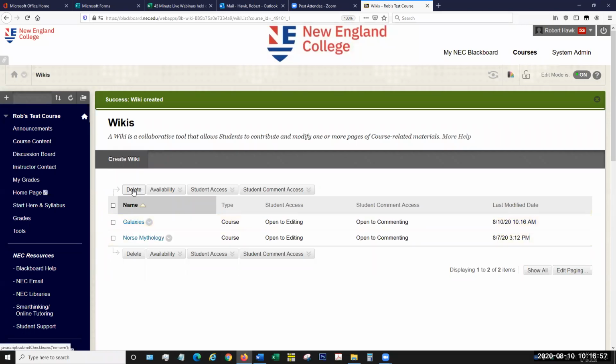You can delete wikis if you've created one and you've decided you don't like it or you need to remove it. Just by selecting the wiki, you can click this delete button. It'll remove it completely and it'll be gone. Just a word of warning, if you have grading associated with that wiki, any grades already created will be removed as well. So if you're going to delete a wiki, make sure you're not going to remove any student grades